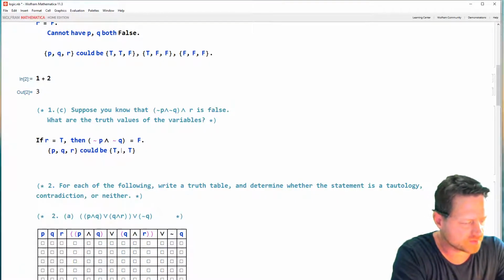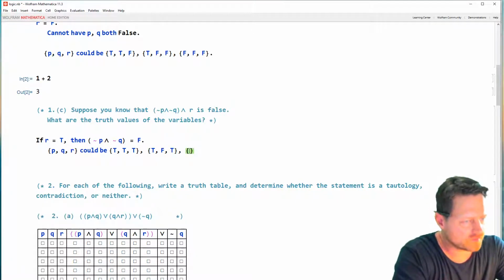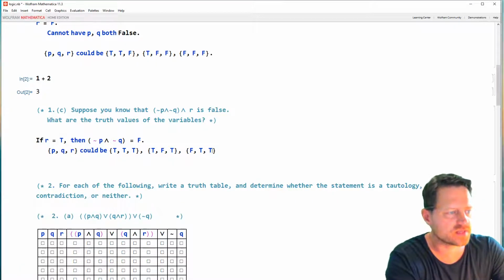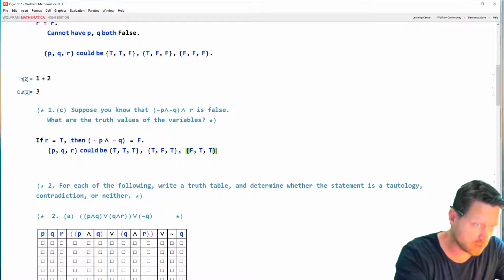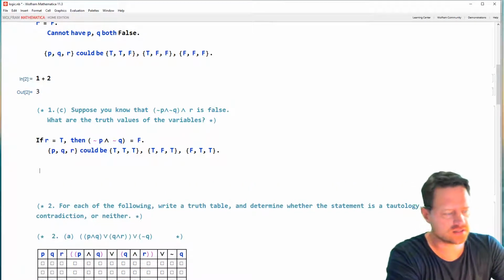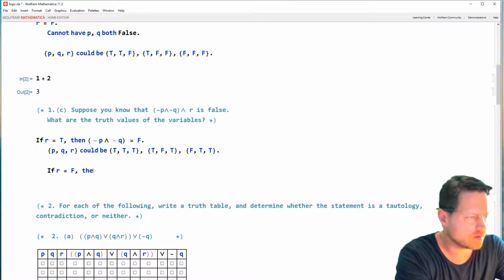Okay, so we could have true, true, true. We could have true, false, true. We could have false, true, and true. And that exhausts those possibilities for when R is true. All right, now our other case is when R is false. So if R is equal to F, then